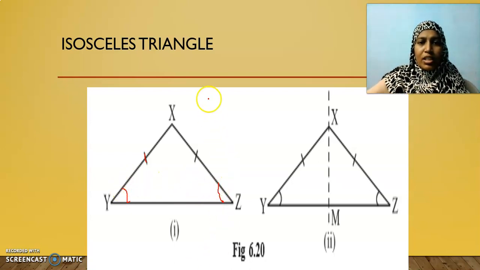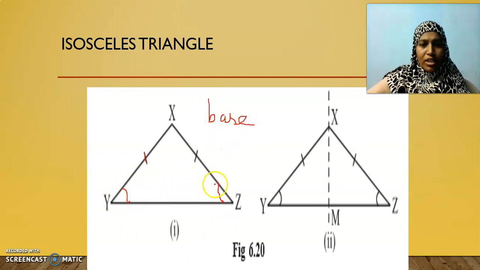What is it called as? Base angles. I believe I have explained already. Anyhow, I will tell again. These two are called as the base angles. Angle contained within the equal sides are called as base angle. And this one, angle opposite to the unequal side. This is not equal side of these two, no? So this unequal side, this is called as vertex angle. What is it called as? Vertex angle.